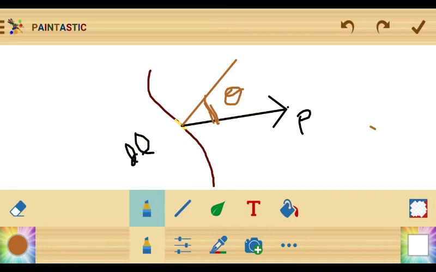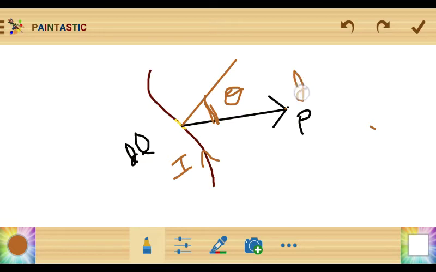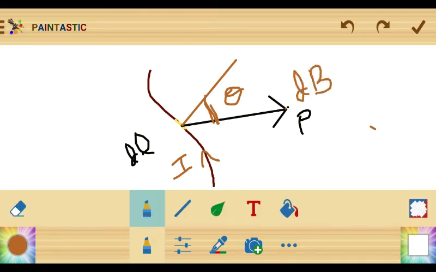Let's say the current flowing in that wire is in the upward direction, and that current is I. If at point P the magnetic field produced is dB due to the current element dl, the yellow one, then